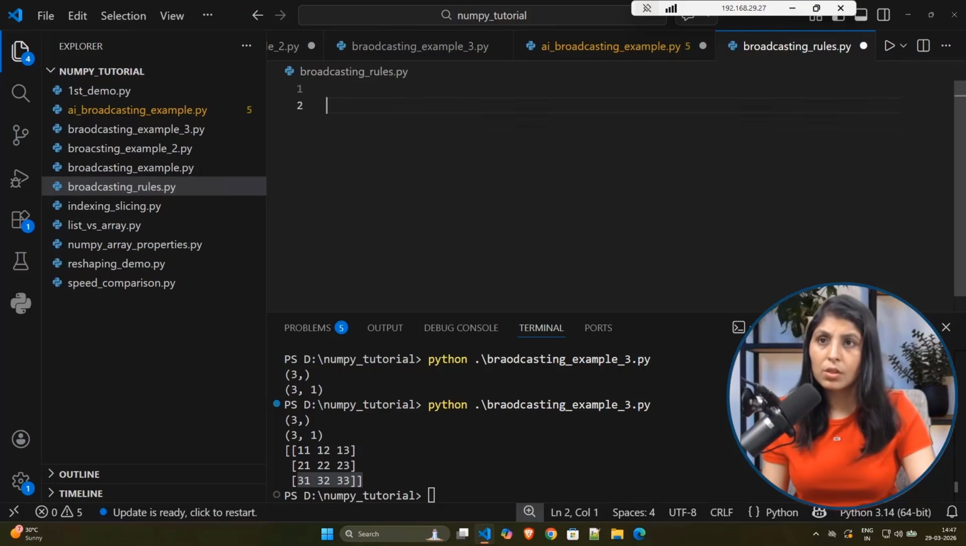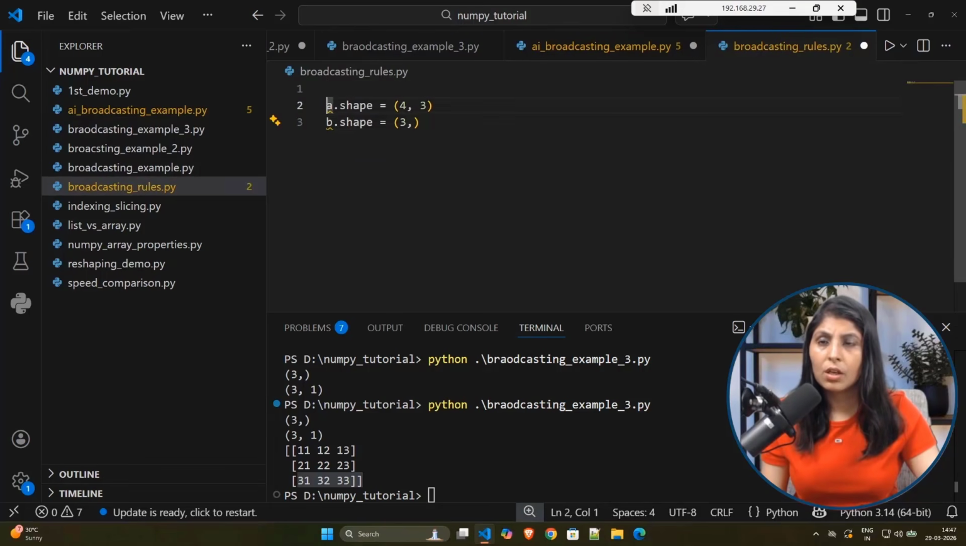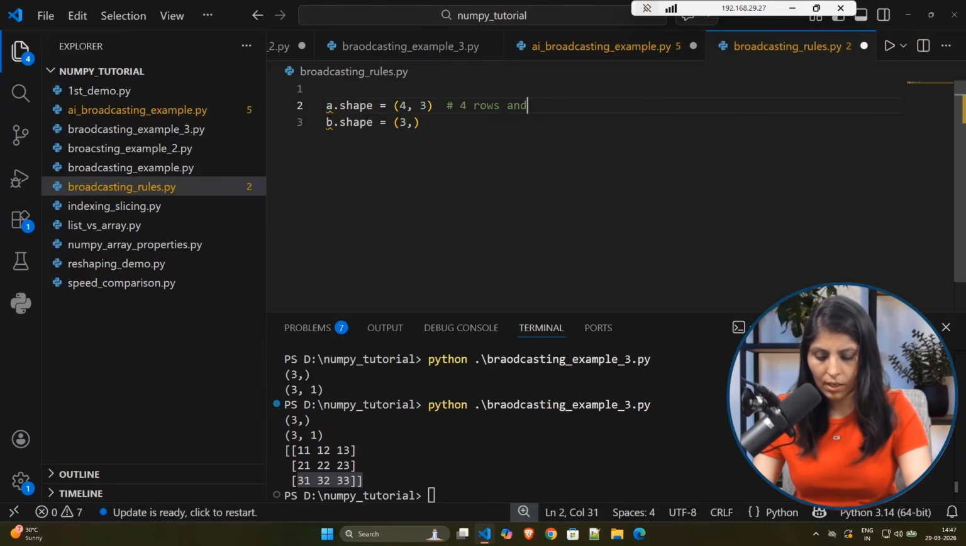So suppose you have two arrays. You have one array A, and the shape of this array is 4 comma 3, meaning 4 rows and 3 columns. And then you have another array with the name of B, and there are 3 elements in a single row. Now rule number 1 is